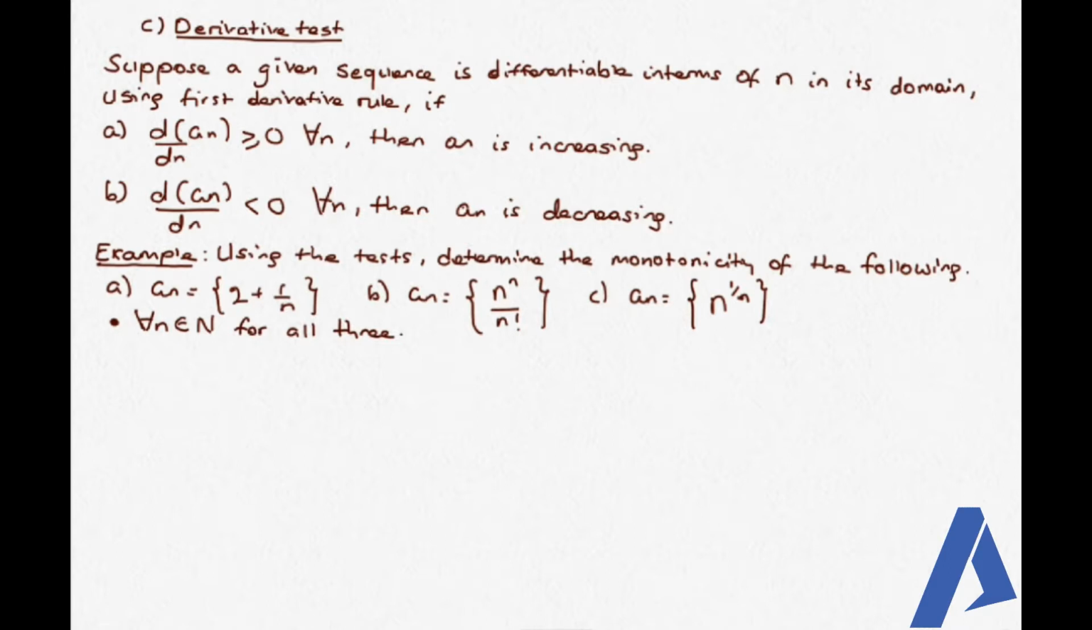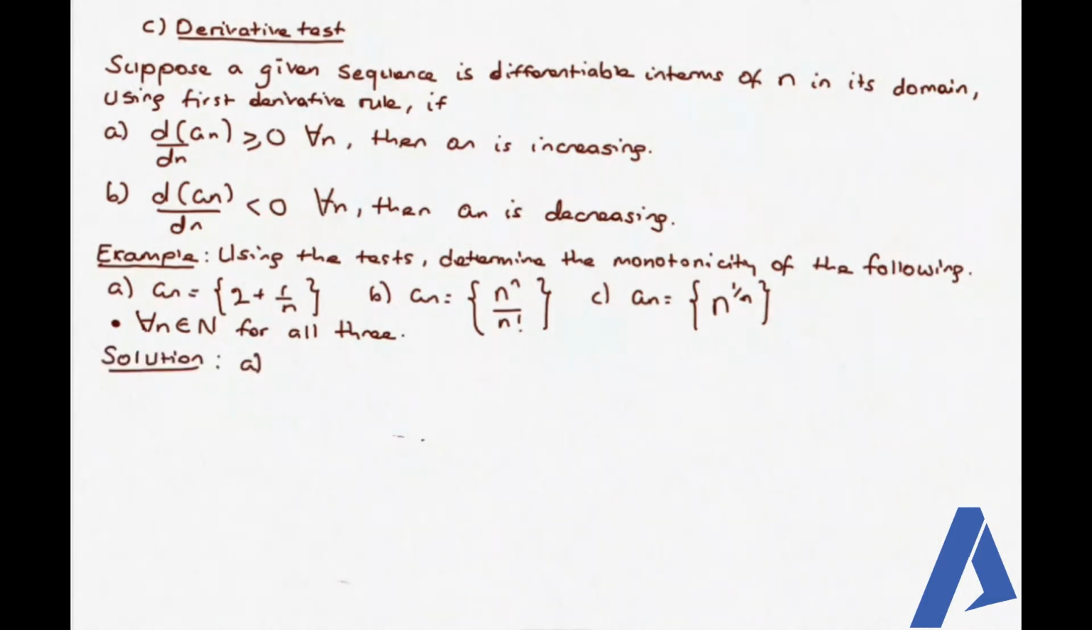ከዛ ደግሞ derivative test አለ። we know that from applied mathematics 1 for a given function if the derivative is positive then that function is increasing. if the derivative is negative that function is decreasing። ስለዚህ for a given sequence which is differentiable in its domain the first derivative positive ከሆነ ያ sequence increasing ይሆናል። first derivative negative ከሆነ ያ sequence decreasing ይሆናል ማለት ነው። ስለዚህ በዚህ መሰረት ለሶስቱ ቴስቶች ሶስት የተለያዩ ጥያቄዎች እናያለን። እዚህ ጋር for all n an element of natural number ይላል። ለሶስቱም ዶሜናችን ናቹራል ነምበር ነው ማለት ነው። ስለዚህ for a ዲፍረንስ ቴስት በመጠቀም